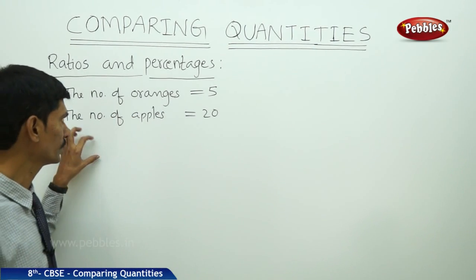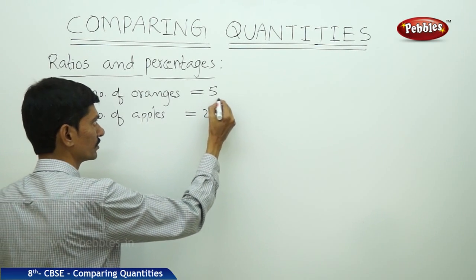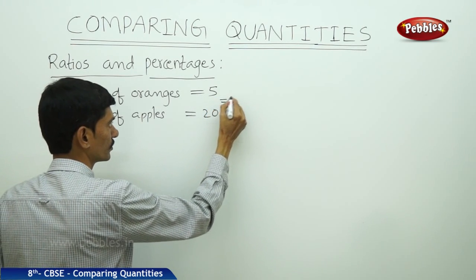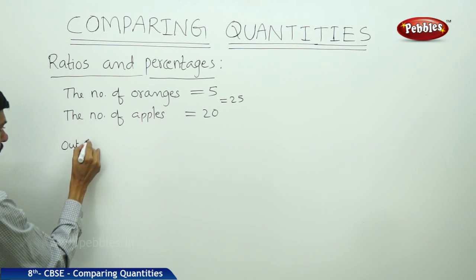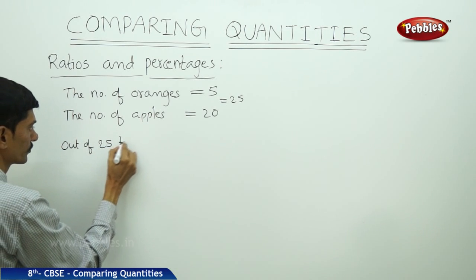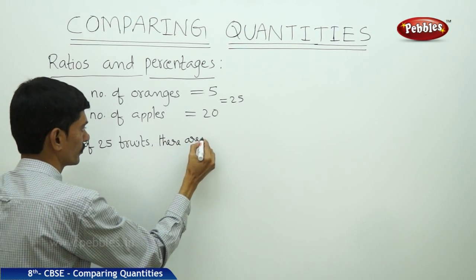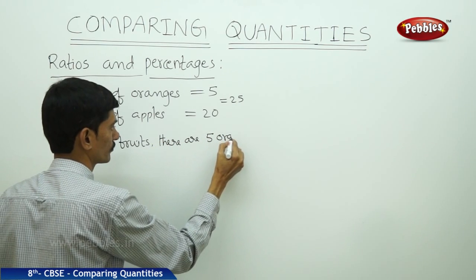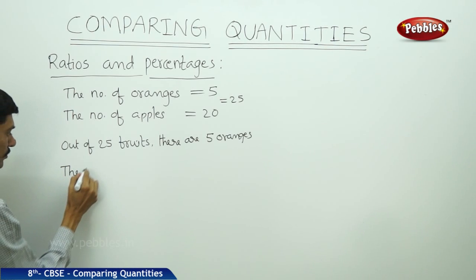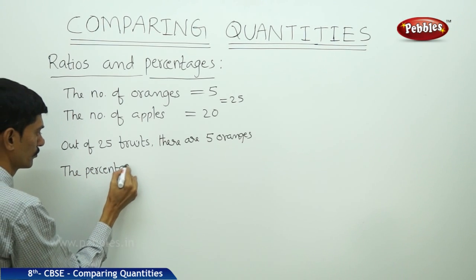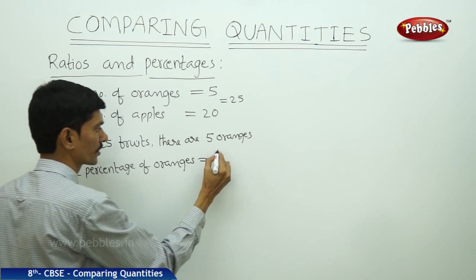Now let us compare these two quantities, the oranges and apples, by using percentages. Now totally how many fruits are there? So 5 plus 20, this equals, there are 25 fruits. Now out of 25 fruits, there are 5 oranges. Now we can find the percentage of oranges equals 5 by